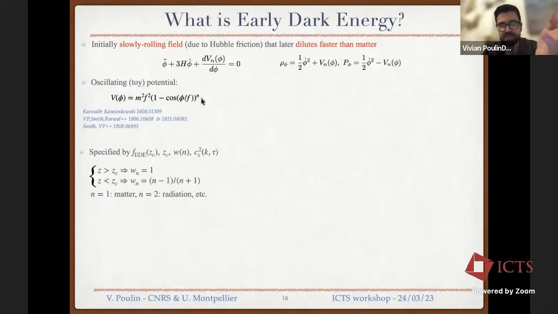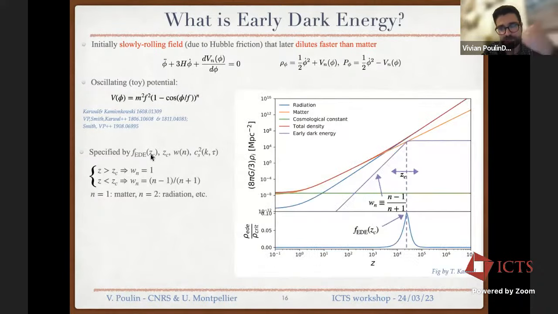Of course, as I said, lots of people are trying to do better than this toy model with physically motivated models. But concretely, there are 4 free parameters in this model. Talking here not in terms of the model parameters, in principle you have the mass of the axion, the decay constant of the axion, the initial field value, and the potential exponent n. But you can translate all of that into things that the data care about. That is the total energy density, or the fractional energy density that is reached.